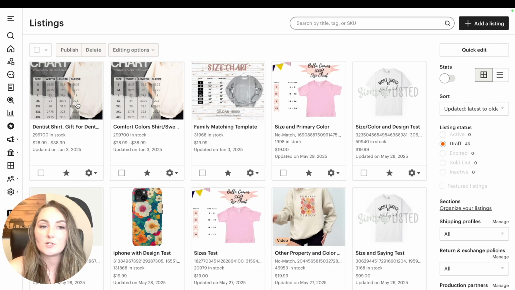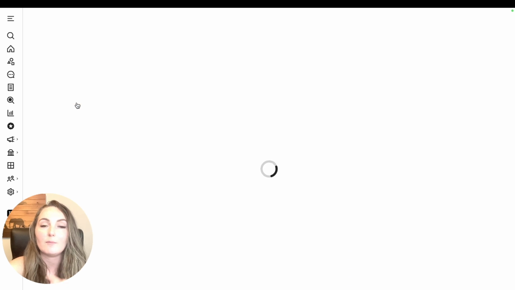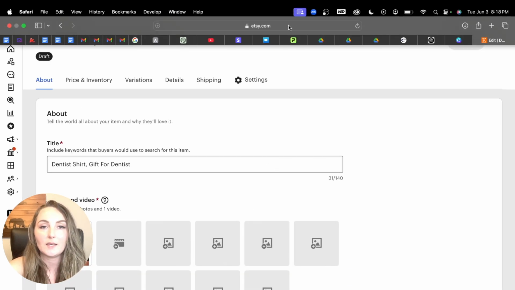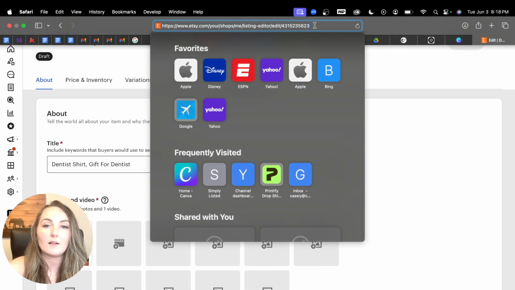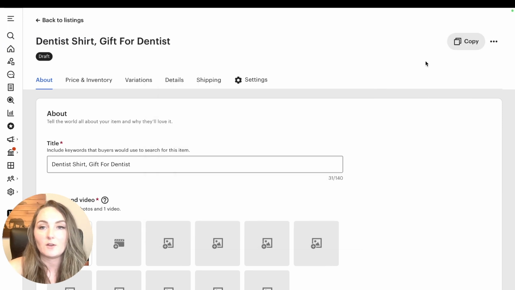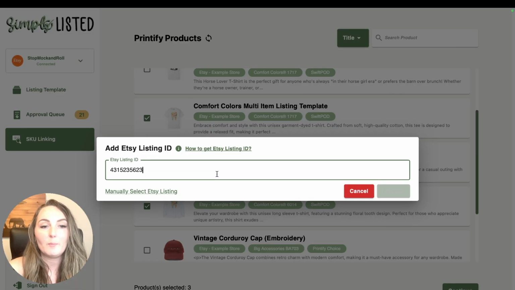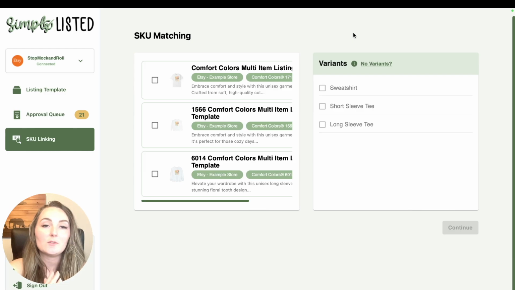You'll come back over to Etsy to that listing that you made the copy of the template, come to the URL, and copy this listing ID up here. Make sure you get all the numbers. We will paste that. That'll bring you to this page right here where all you have to do is connect the dots. So connect short sleeve to short sleeve tee, connect the sweatshirt to the sweatshirt, the long sleeve to